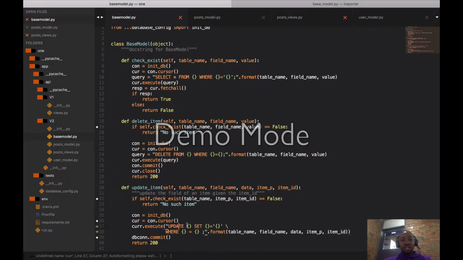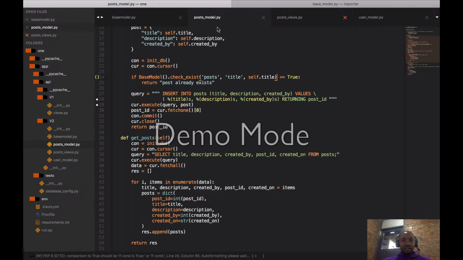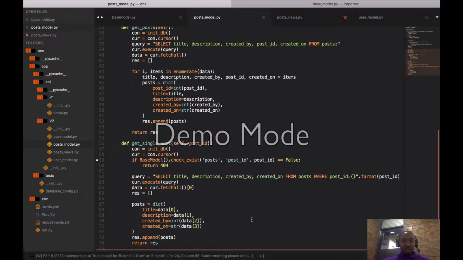Then for this one, update table name, set the specific field you want, where the item P or the primary key is equal to the item primary value. That's why this is going here. As you can see, these are strings, but these are integers. After I've verified that, and you guys are able to understand that,